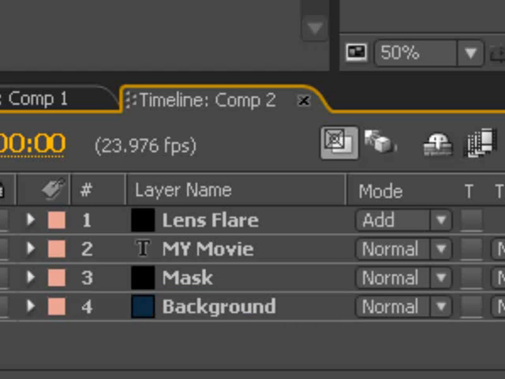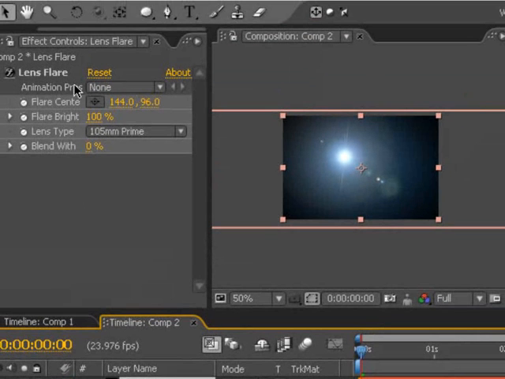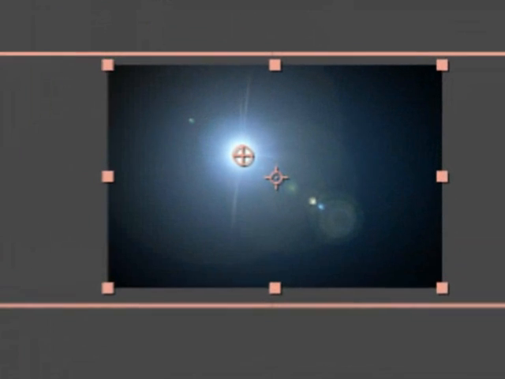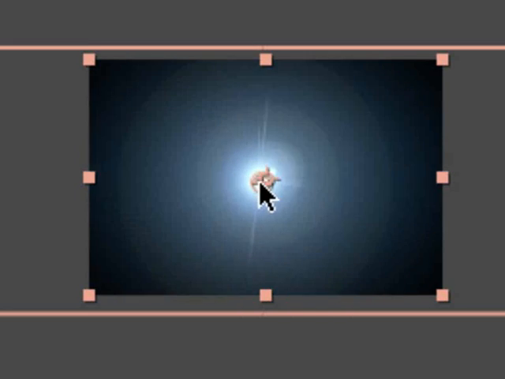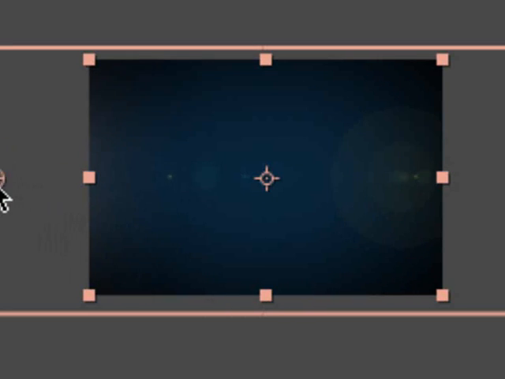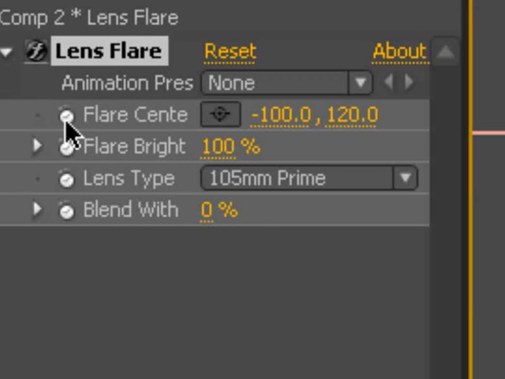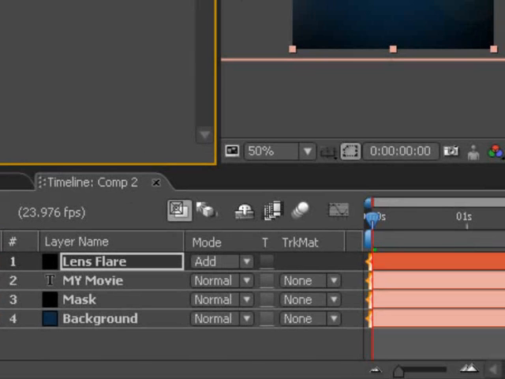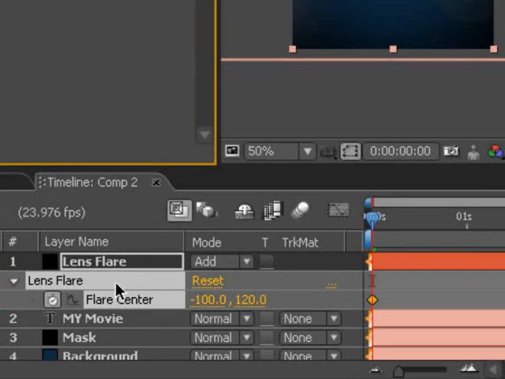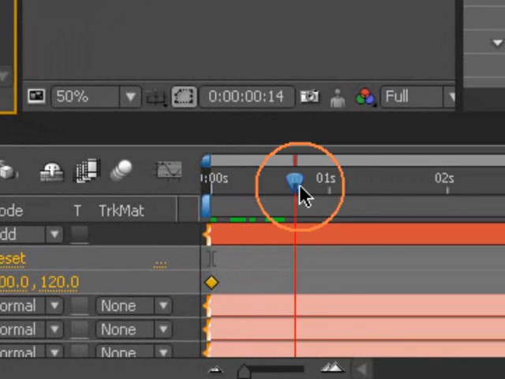Okay. Back to the lens flare layer, and I'm going to select the name lens flare, and the monitor operator will show up, and that's this little thing. I'm going to move this over to the far left, set it right here just off the frame. I'm going to turn on the stopwatch for the flare center. If we just move that over, that's flare center. I'm going to hit U to bring up the keyframed properties for this layer. Move forward to about